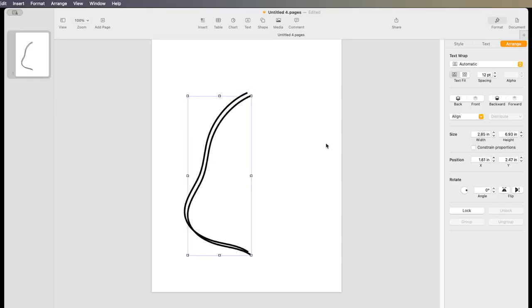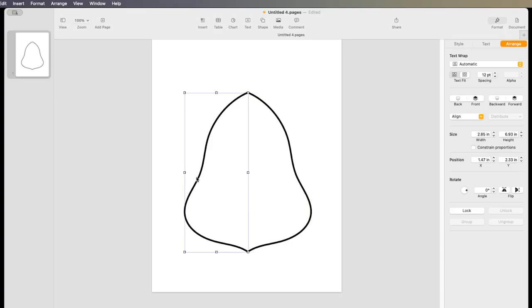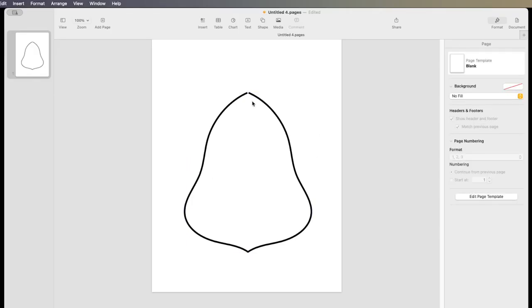Copy, paste it, flip it, and bring it right in. And we're going to line up those squares again. Say, alright, let's see. It's a little tight. Still a little tight. That's good. All right, and then